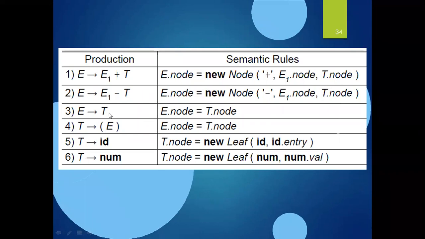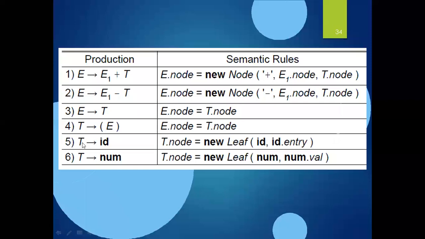And E tends to T, and whatever value was obtained for T is assigned to E. Here also there is no need to write the parenthesis; eliminate the parenthesis and directly write T tends to E, whatever it may be. The same rule we apply here.